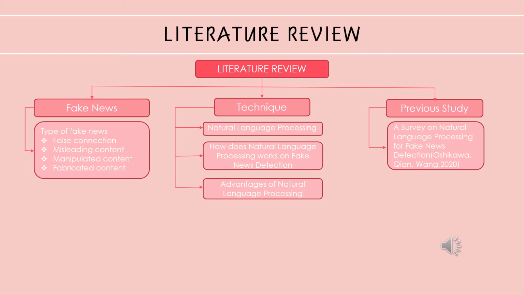How does natural language processing work on fake news detection? Information extraction is the process of extracting information from unstructured documents. According to the definition of the third edition of the dictionary, a document has the meaning in written or printed form, such as news, used as record or evidence. There are three types of documents used as input data, namely structured documents, semi-structured documents, and unstructured documents.